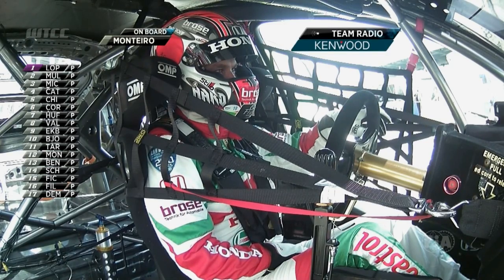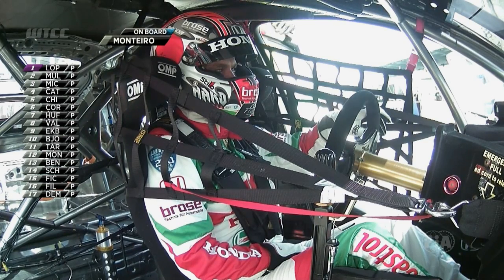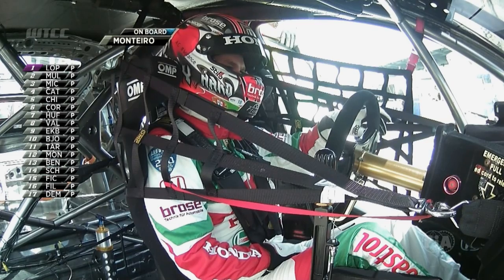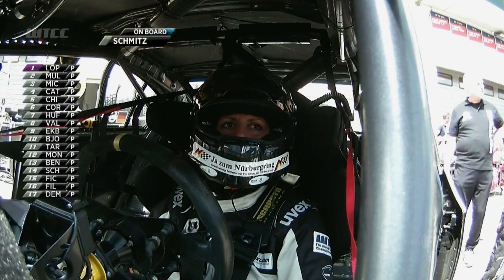Let's hear from the Honda team. Clock has now been reset to 24 minutes. Yeah, confirmation of that. 20 minutes and 44 seconds was the bit missing at the end of that. And the clock has been restarted. We don't see a green flag at the start-finish line, but on our timing screens, the clock is now counting down from 24:44, and